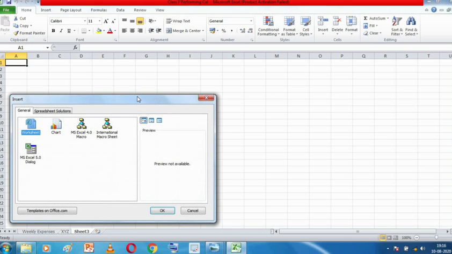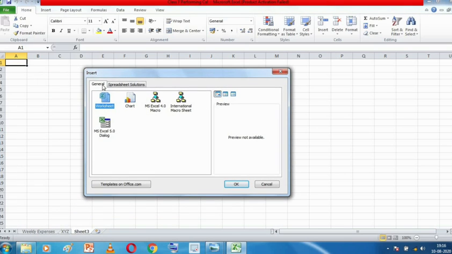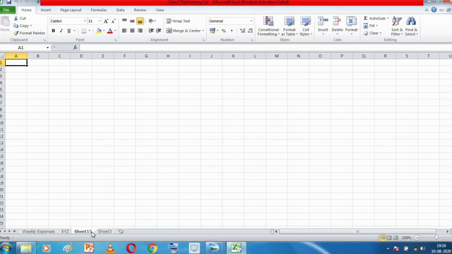I'll click on this. See, the insert dialog box has come over here and this worksheet has already been selected. I just need to select this worksheet and click on OK. Okay, so see, a worksheet has been inserted over here. Now you will ask me, sir, why has it been named Sheet15? Because we had already inserted till Sheet14. That's why. Now if you want to rename it as Sheet4, you can rename it, no problem.